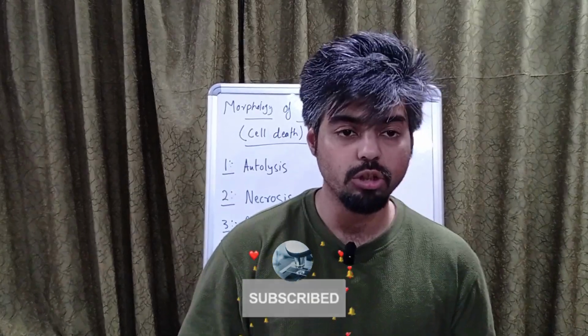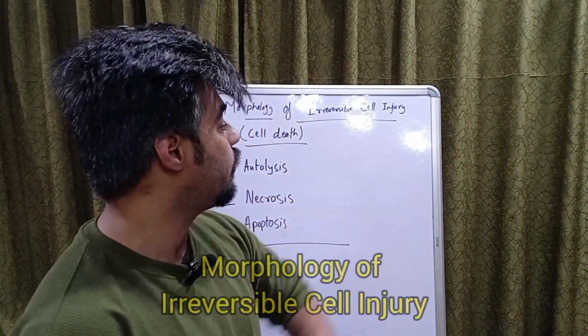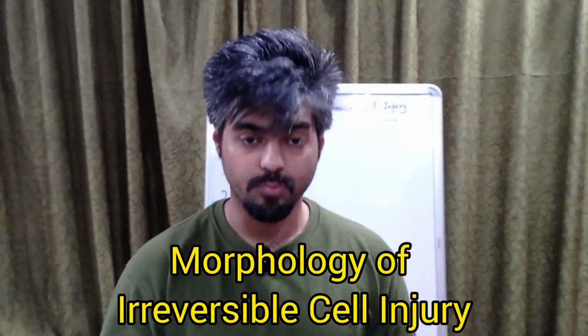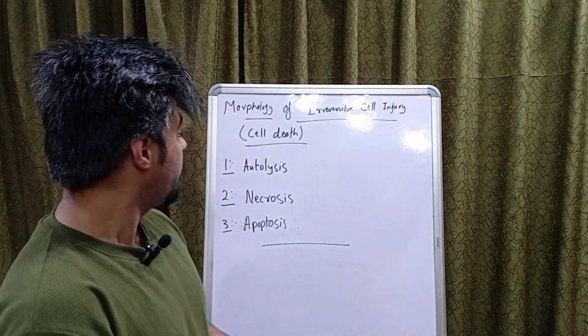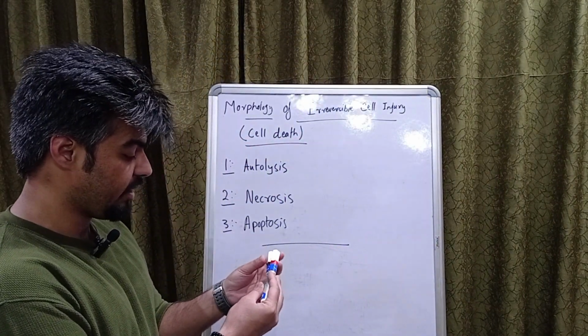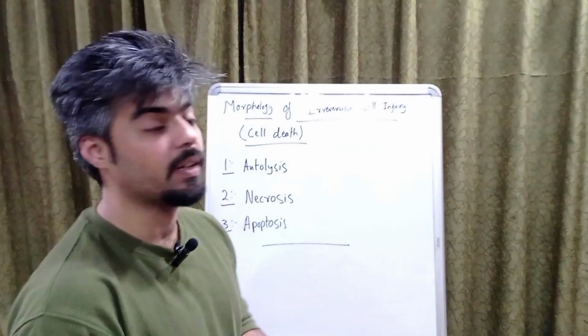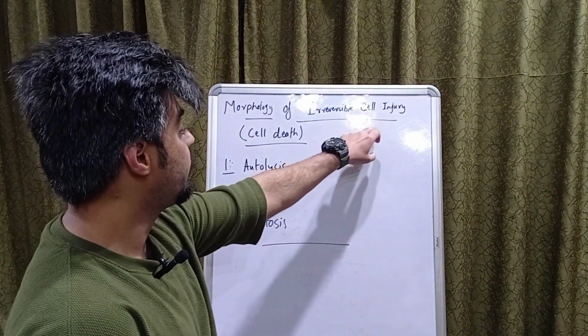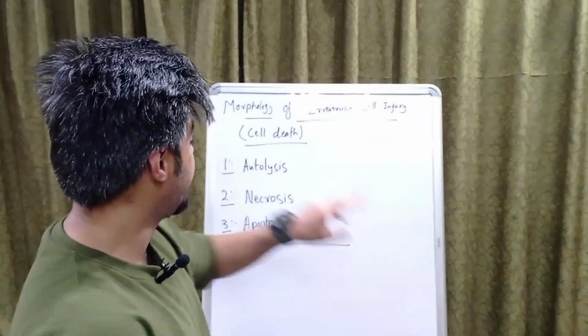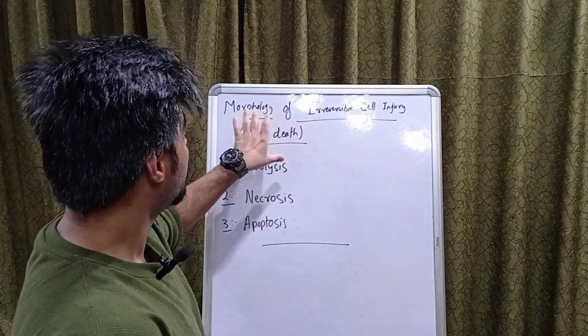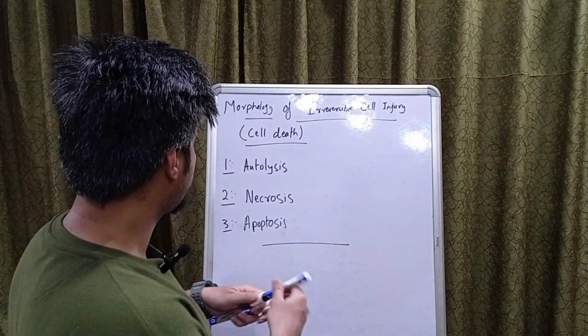Today we are going to discuss the topic that is morphology of irreversible cell injury. We discussed in the last video what irreversible cell injury is. That means the injury cannot be reversed and it leads to cell death. So, the morphology is